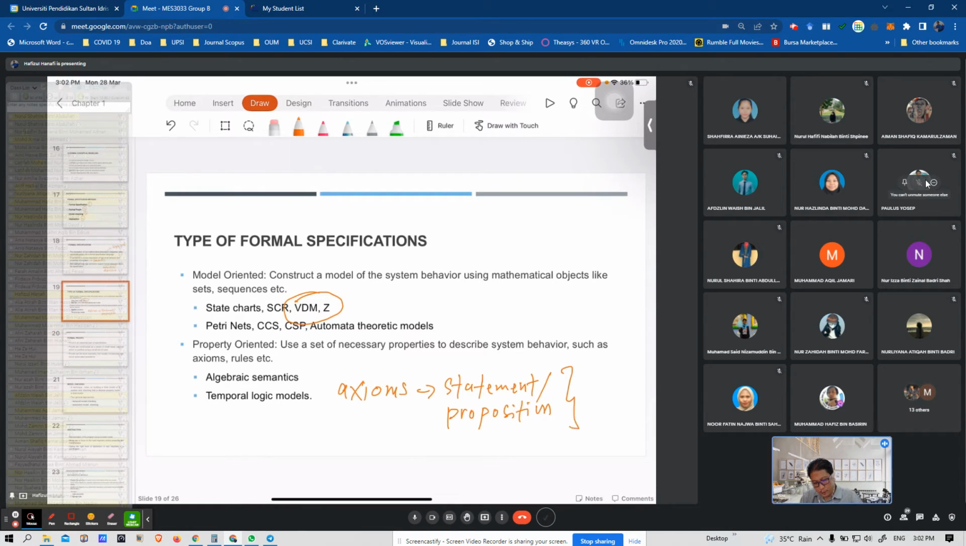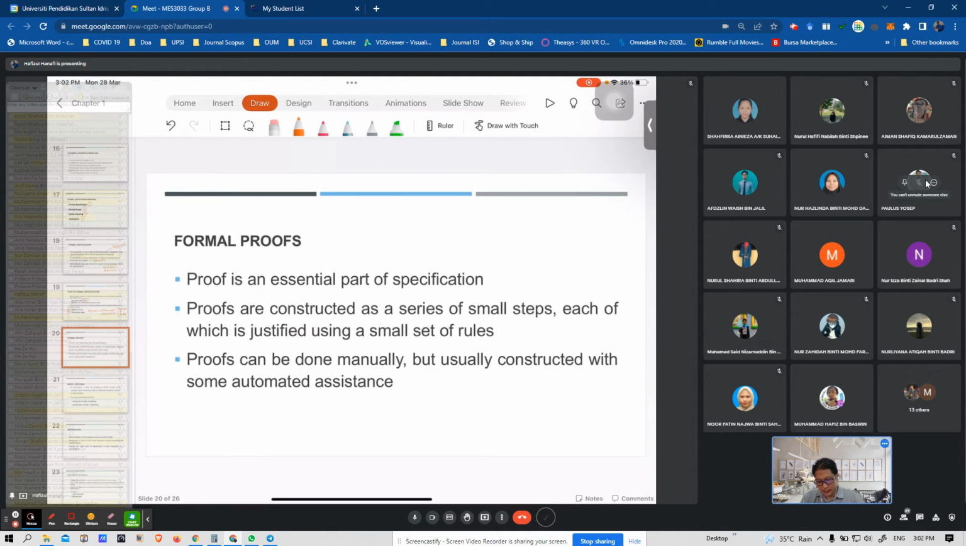Okay, what to describe is the structure of a system or model. We have two here. First one is algebraic semantics, and second is the temporal logic model. Okay, and then